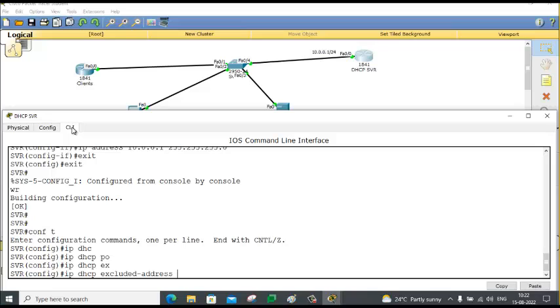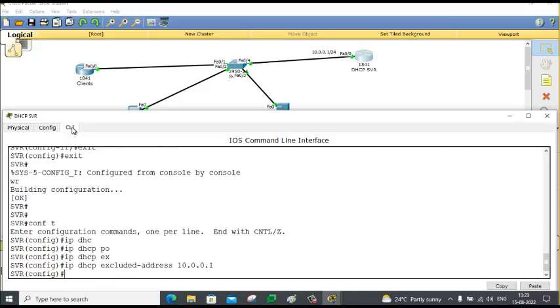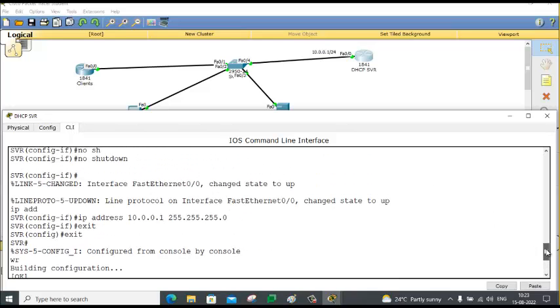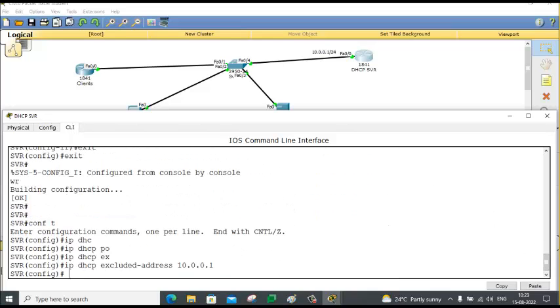You remember we have already assigned one IP address manually. We should not give that IP address. So we should say exclude this address. Don't give this address to anyone because I have already assigned it to my router. So exclude this address and then IP DHCP pool,